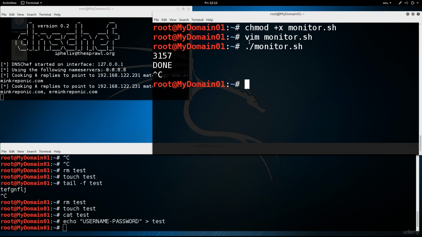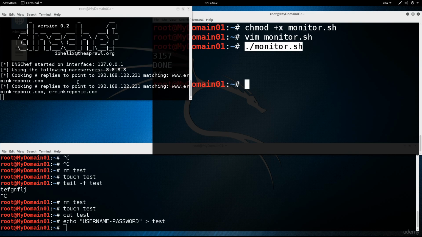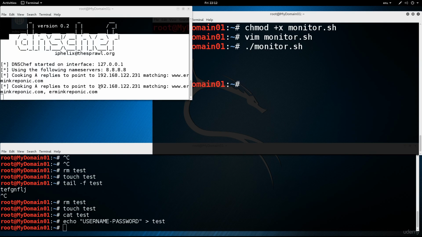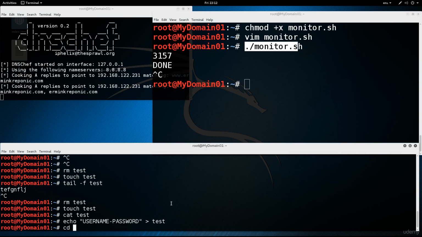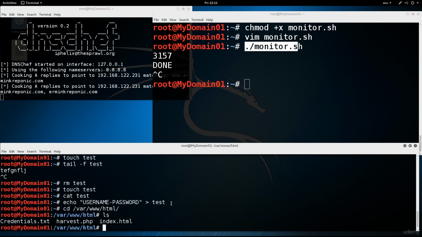And I mean, I could have done some work to actually put DNS chef into the script as well, but no need. It was better like this so that you can actually see that it does indeed get shut down. Okay, so the monitor.sh can remain where it is, but we need to go into cd var www html and do ls, and we have